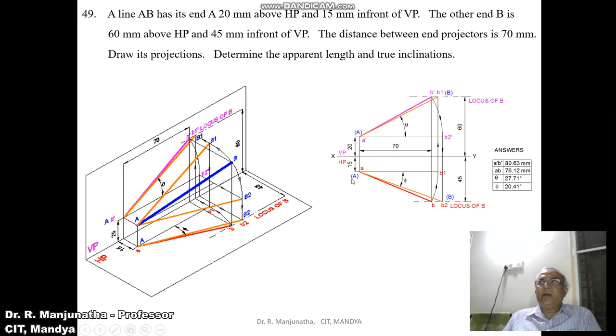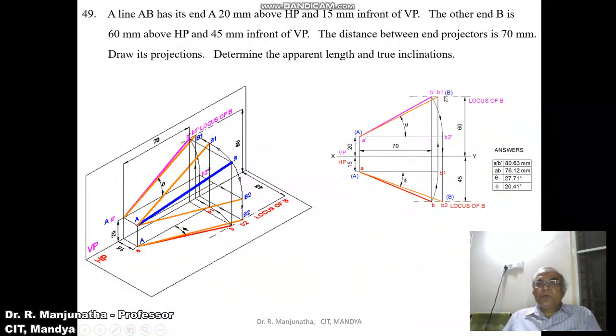Now you make the line parallel to VP. Then mark this point as B1. Then from B1 you draw a vertical thin projector which will go into the front view such that it is going to cut the locus of B in the front view, and mark this point as B1 dash. Since the line AB1 is parallel to VP, you are getting the true length in the vertical plane. Then join A dash B1 dash, which should be a little bit thicker than the XY line.